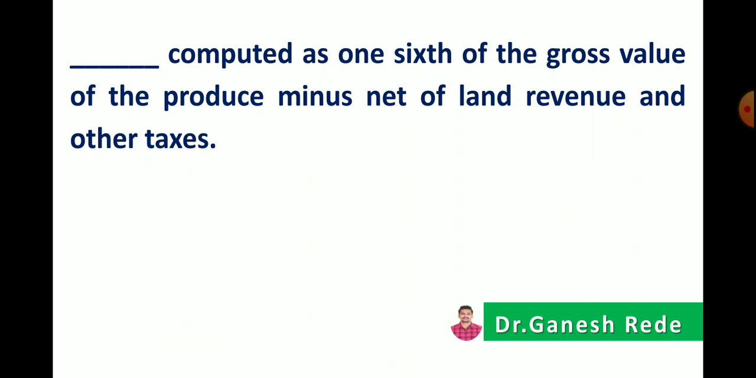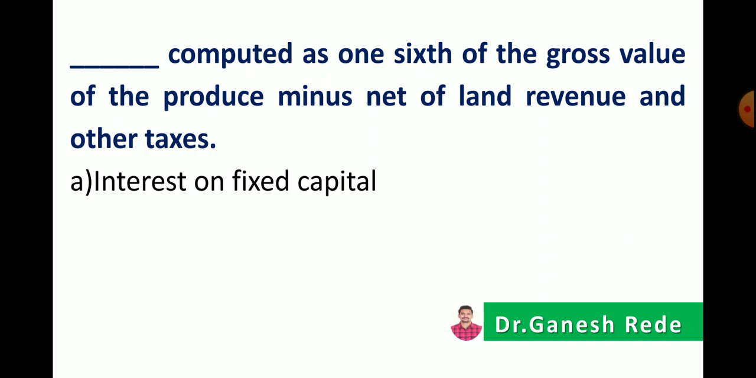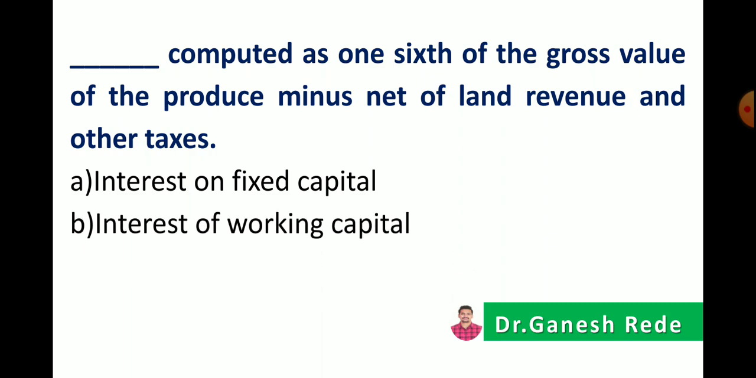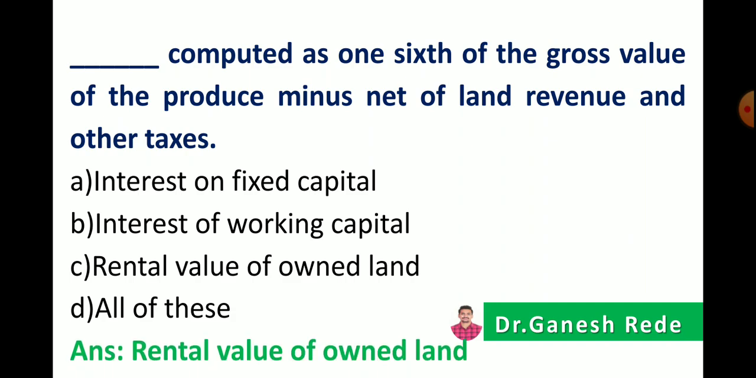Next, dash dash is computed or calculated as 1/6 of the gross value of the produce minus the net of land revenue and other taxes. So option A, interest on fixed capital, option B, interest on working capital, or option C, rental value of land, then D, all of these. The correct answer is that the rental value of own land is calculated as 1/6 of gross produce minus land revenue and other